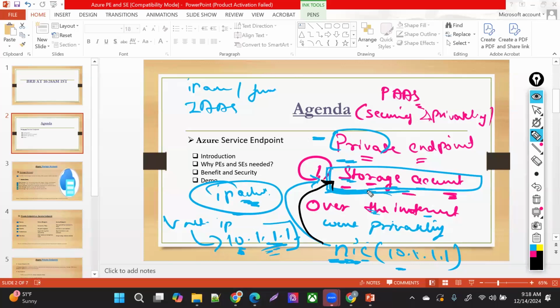Now, to access any service, you won't have to go for any URL, or anything, right? As soon as you are creating that NIC with the private endpoint, a private DNS zone is also going to be spun out, right? That's going to map with this IP address. Now, to access the storage account, you just need to access this IP address, which in turn gives you access to the storage account. This is what a private endpoint is.